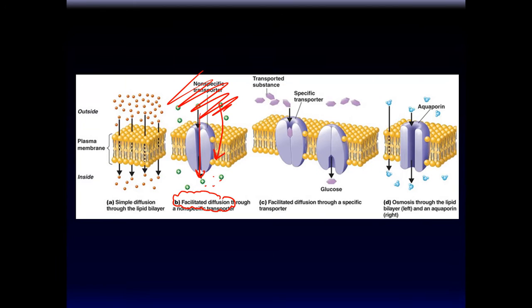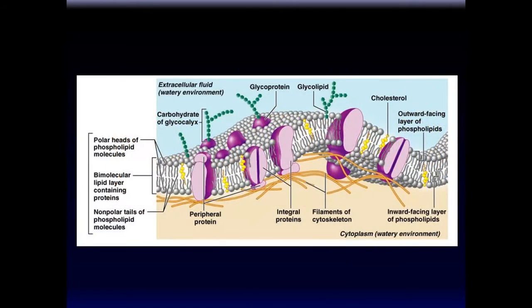Okay, so some of the times these are very specific for certain molecules. It's a very specific facilitated diffusion. So this is facilitated diffusion of glucose. It means there's lots of glucose over here, and this channel is just going to help the glucose come across. And we talked about specific water channels, and here's aquaporin, for example. It's a channel for water. So here's a complete cartoon picture of a plasma membrane with various different proteins and protein channels embedded